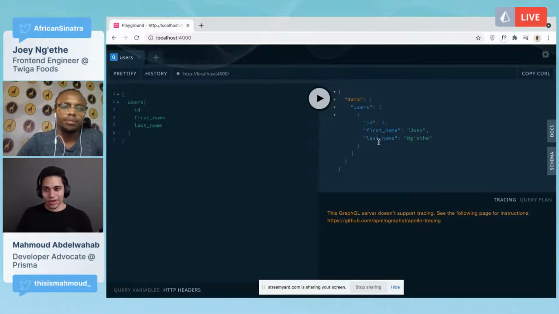In a traditional REST API, you might have the same endpoint, and you will end up with extra data that you do not need. This is called overfetching. Also you might run into the exact opposite, where an endpoint doesn't return all of the data that is needed, so you need to make another request to another endpoint. This is called underfetching.